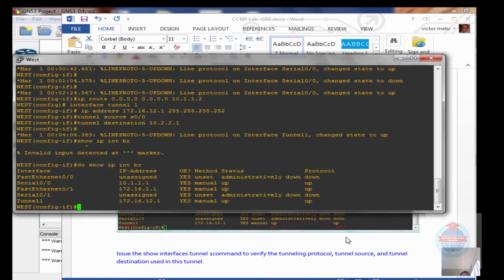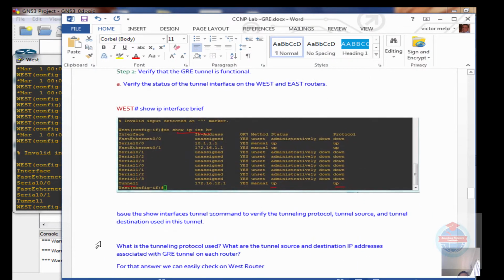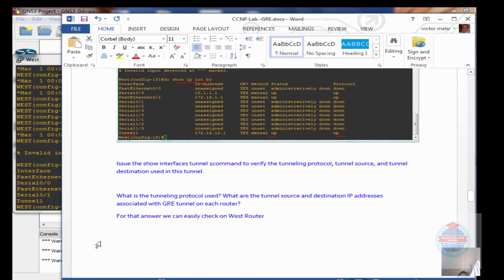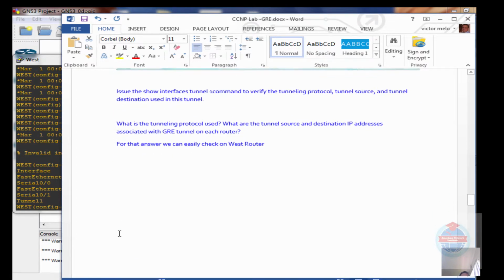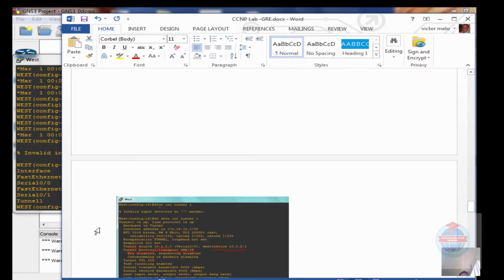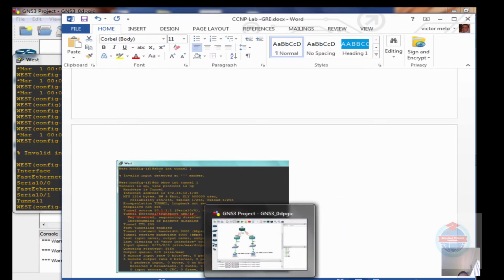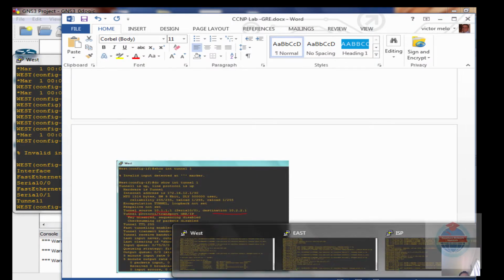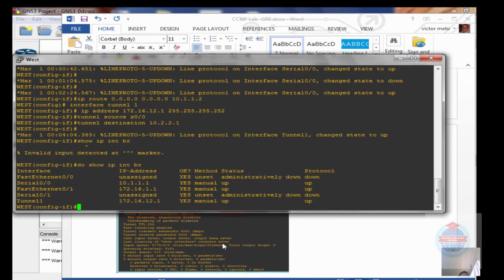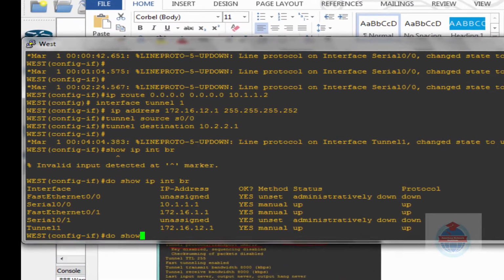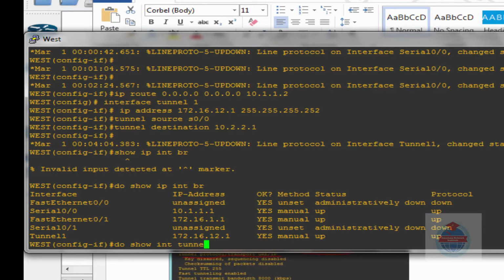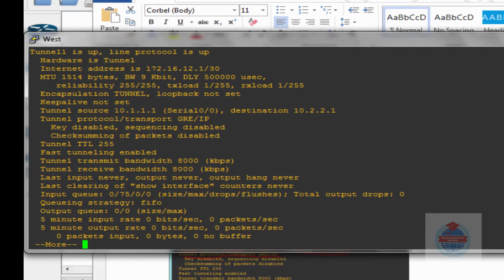And on the west we have the same situation. We don't want to go over there because we want to make this exercise really quick for you. So we're going to be checking over here in this exercise as well. So we're going to be checking on the tunnel. Over here in this part,